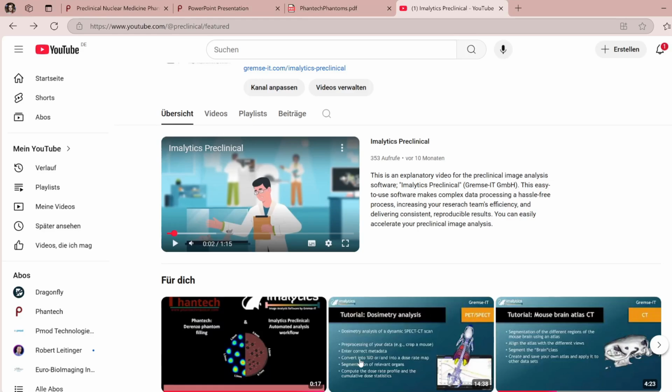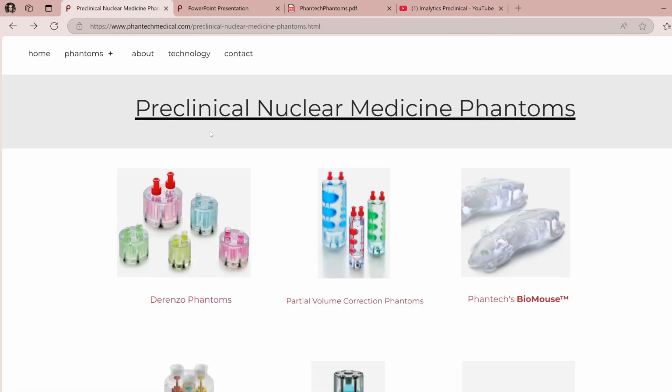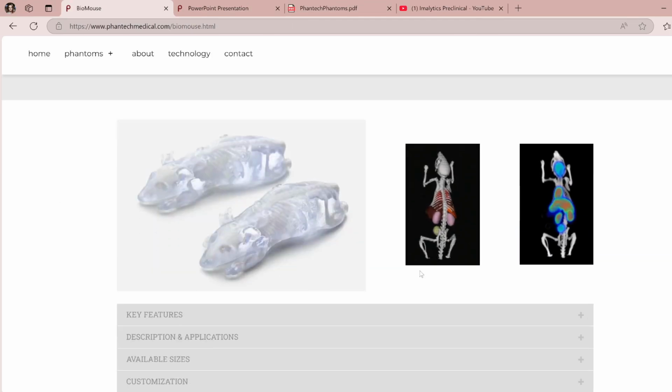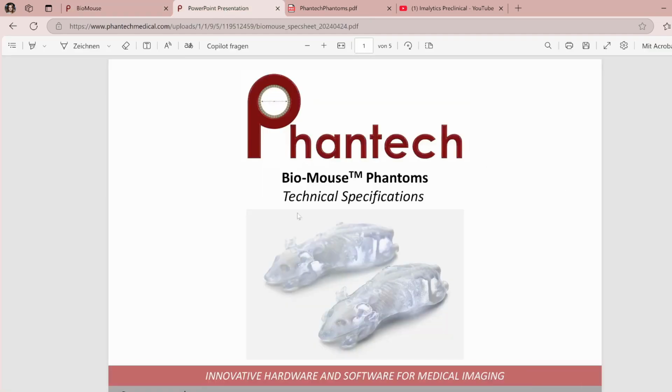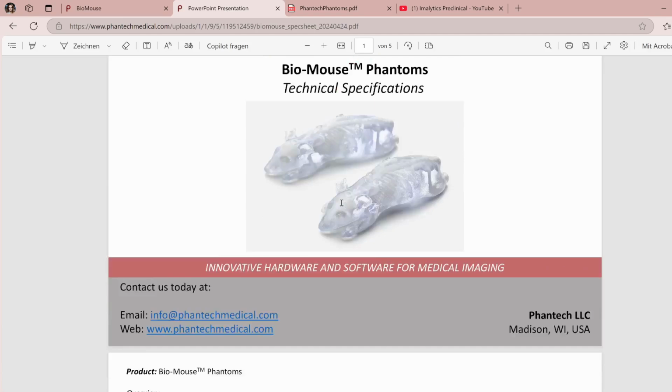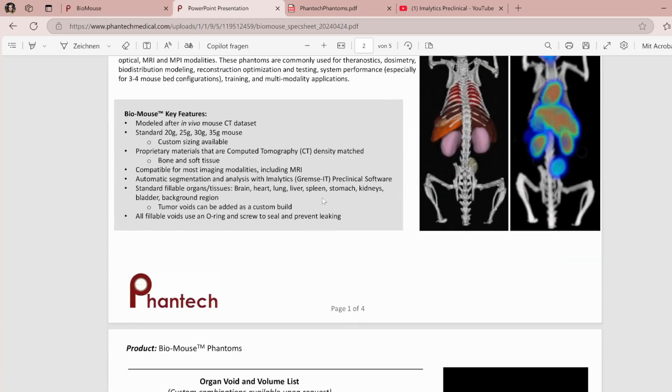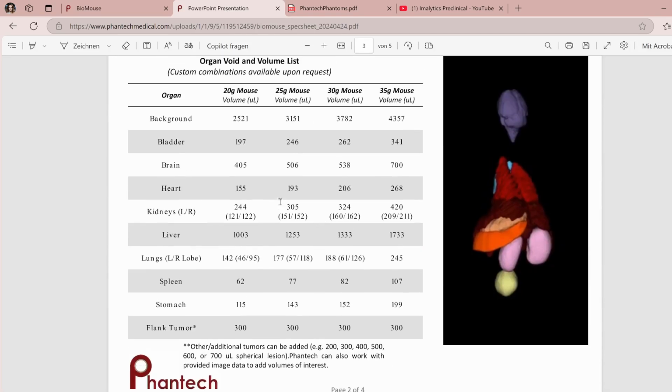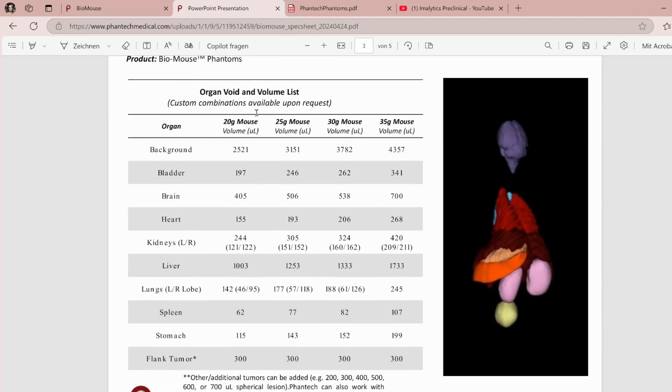Let me open it for you. So here's the website, and when you go to preclinical nuclear medicine phantoms, we have here the Phantech BioMouse with some features and description. There's also the data sheet about it with technical specifications. You can open it, and then you have here the overview, and you can see here the different phantoms, the different volumes